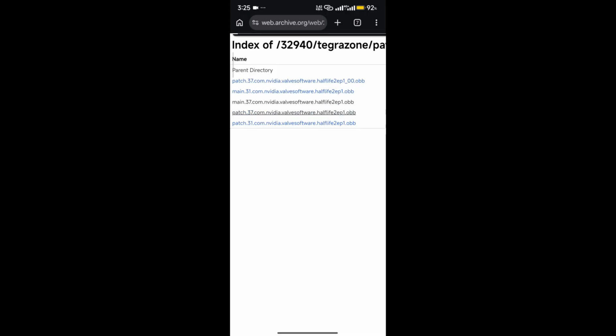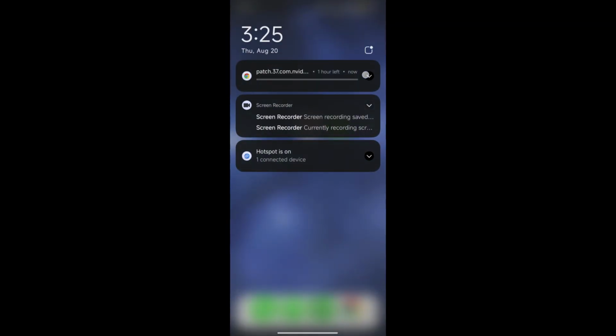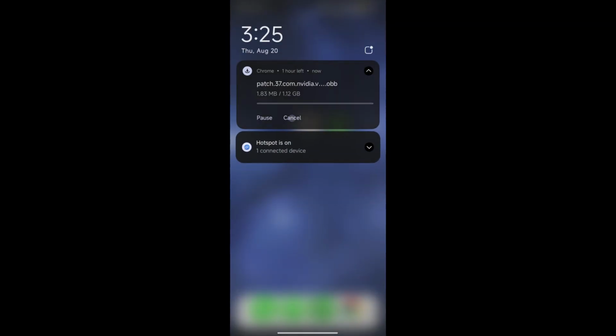I have already downloaded those files, so no need to do this again. Alright, I will skip this step. Started downloading, just cancel,